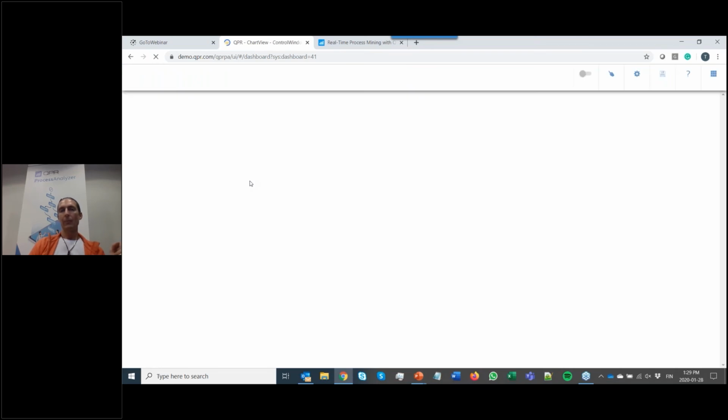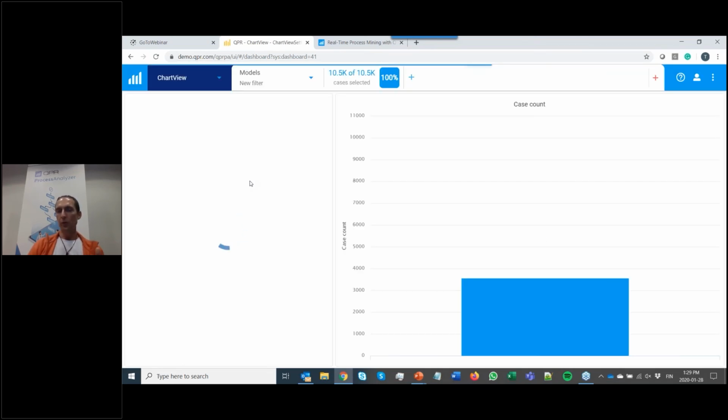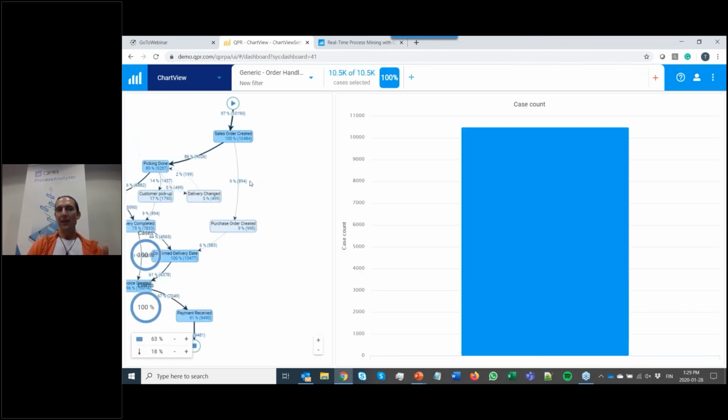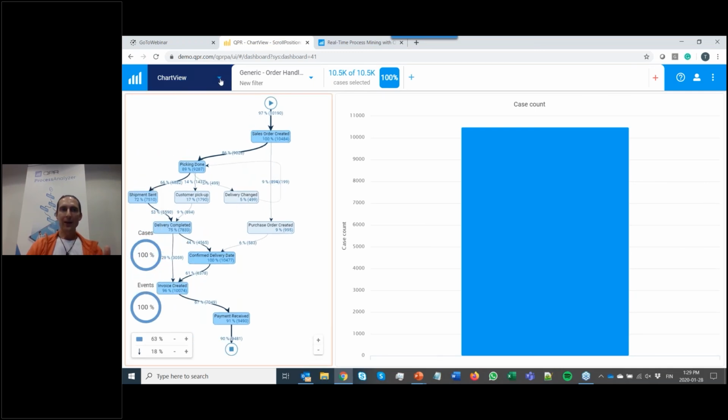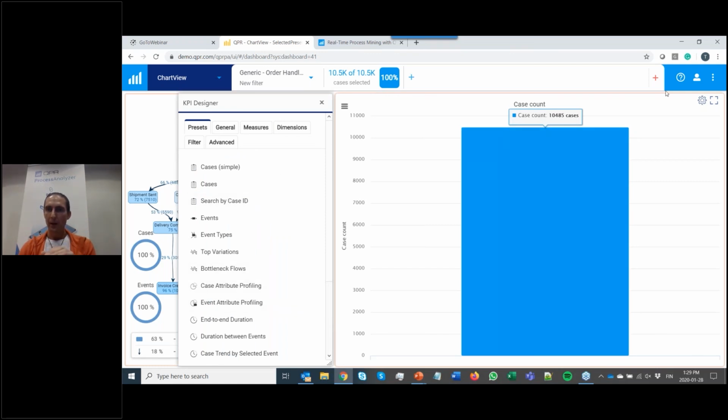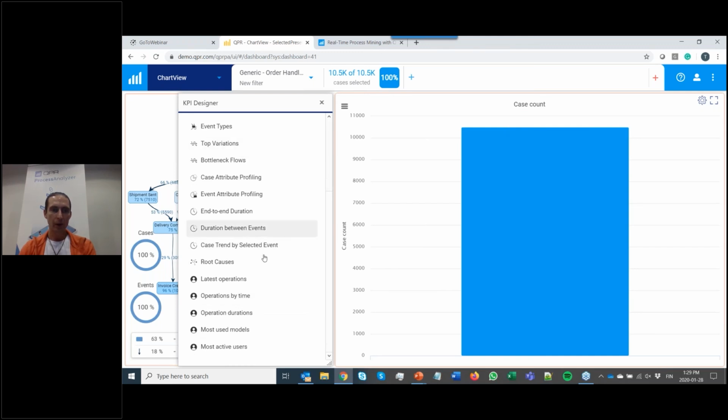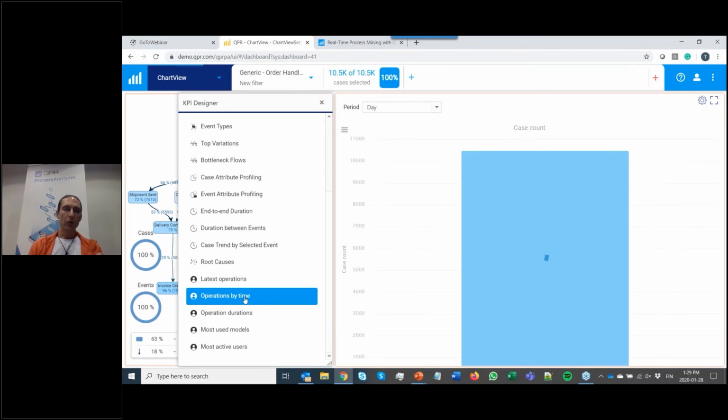So these pre-configured views, they are very nice. Views to study a little bit how you can build your own chart views. So this is the preset selections over here. And if I take, for example, the operations by time, so once I select that, in this system, it will